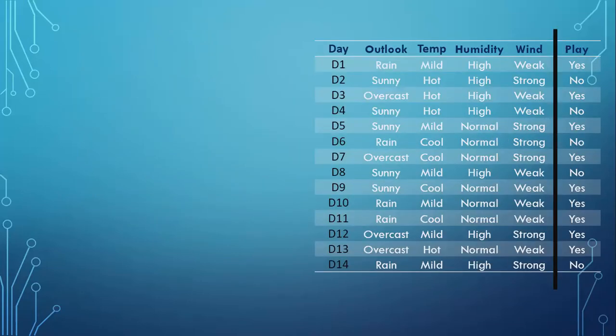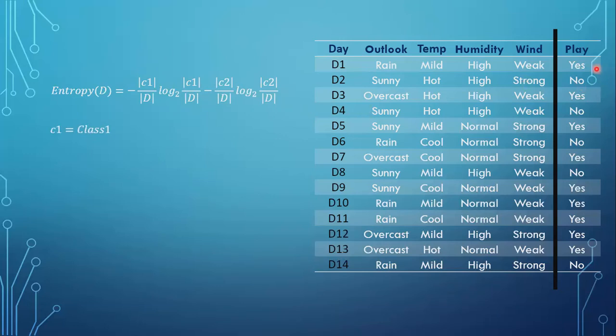Here we will be trying to create a decision tree using this data set. There are some formulae that we need to see. Entropy of D, that means entropy of the data set. Here D will refer to this data set. So the entropy of this data set is equal to negative cardinality of C1 divided by cardinality of D into log 2 of cardinality of C1 divided by D, minus cardinality of C2 divided by cardinality of D log 2 of cardinality of C2 divided by cardinality of D, where C1 refers to the class 1.